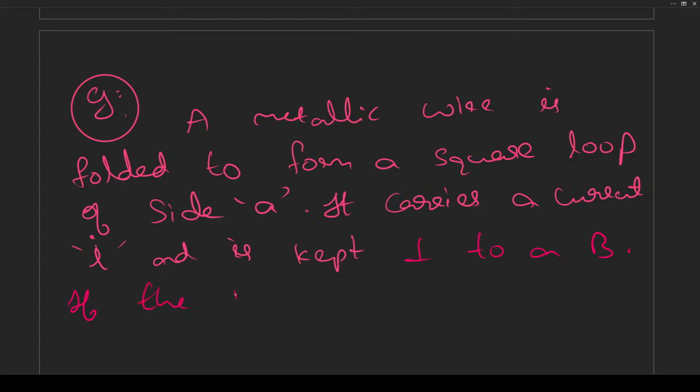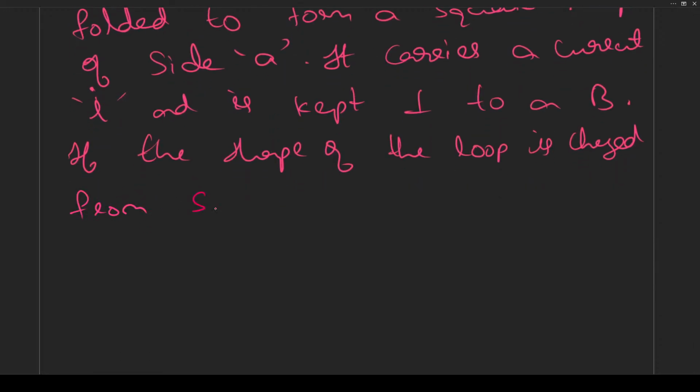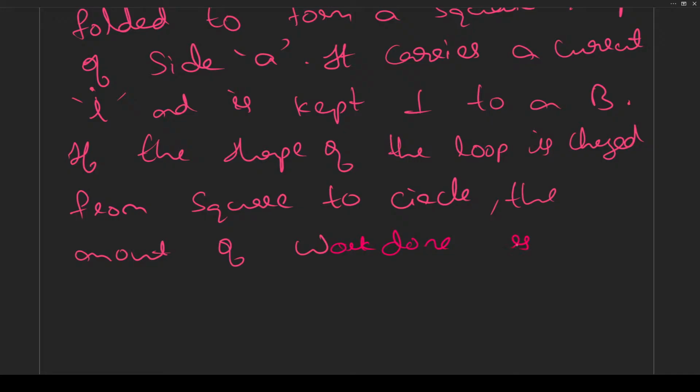If the shape of the loop is changed from square to circle without changing the length of wire and current, the amount of work done is, this is through change in potential energy,